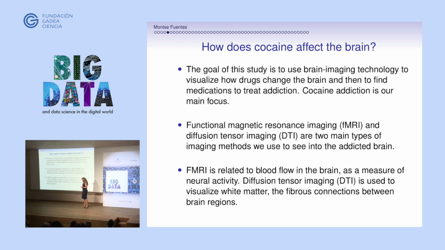And the type of information that we are collecting is through two different mechanisms. One is called fMRI, functional magnetic resonance imaging, and the other one is DTI, diffusion tensor imaging. And we work with both. They do provide different types of information. The fMRI gives us information about the blood flow in the brain, and it helps us to understand how we react to different types of stimuli. The DTI gives us information about the white matter in the brain. The white matter is how the nerve impulses get transmitted in the brain, so it helps us to understand the